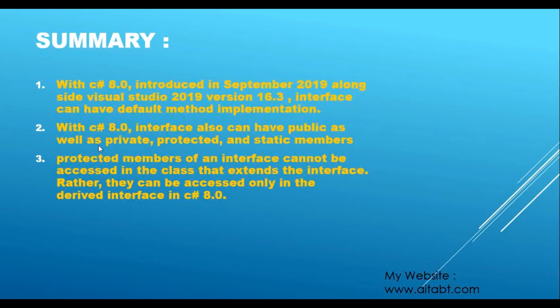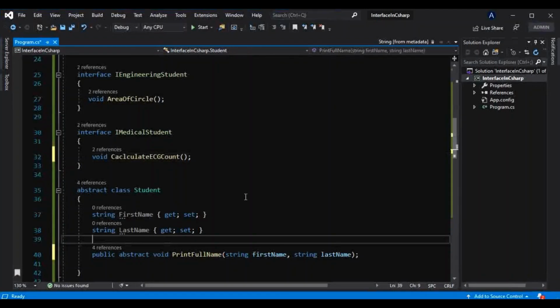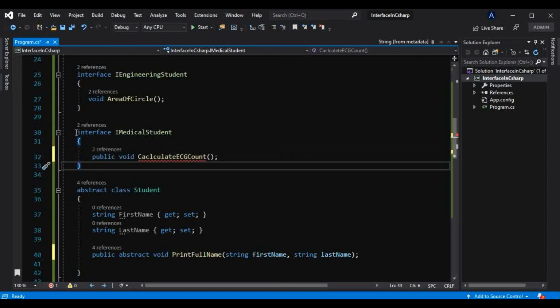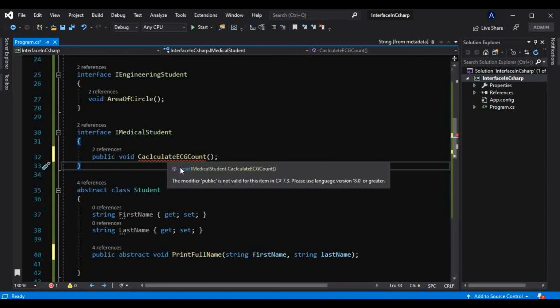And that is the second point: interface also can have public as well as private, protected and static members. That also I have shown you. If I try to make that public like this, it will throw an error. Why? Because everything under interface is by default public. We don't have to make that explicitly public, and that's what it is throwing an error.